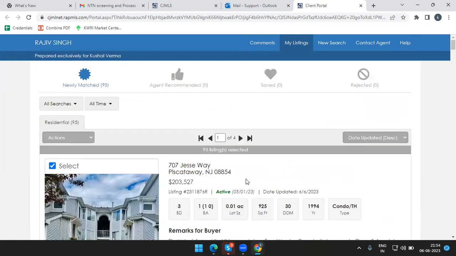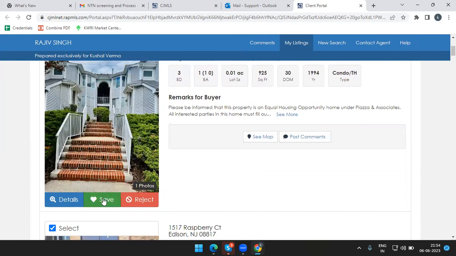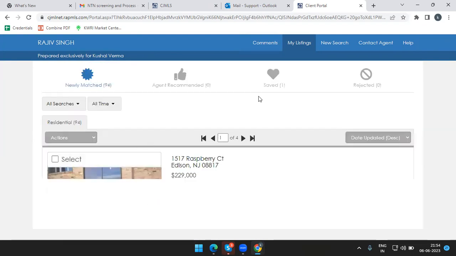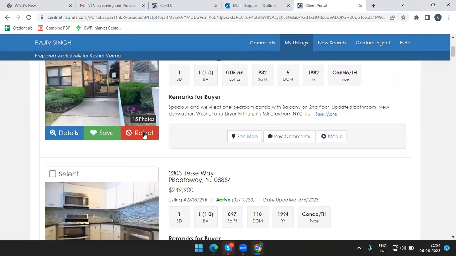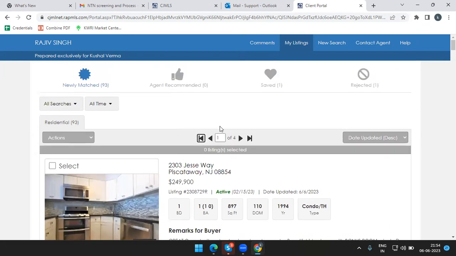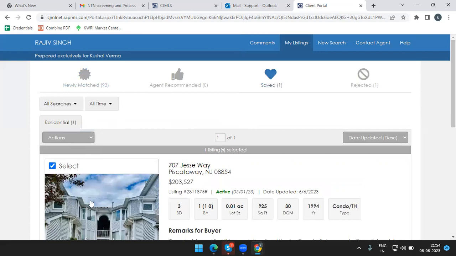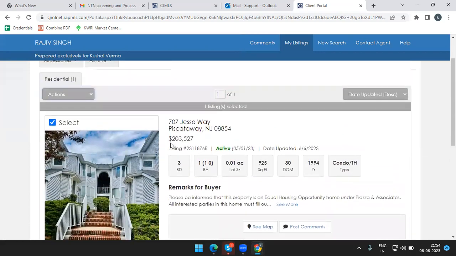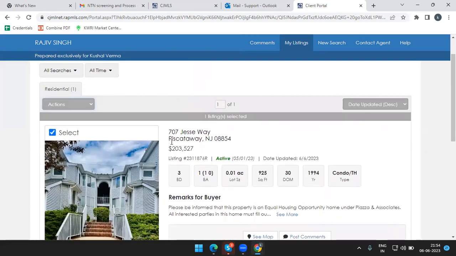And if they like something, they can click on this save button. And if they don't like something, they can click on reject. So here you can see in saved search, this is coming, which on your side under the campaign,